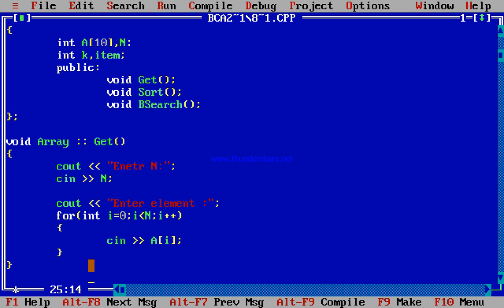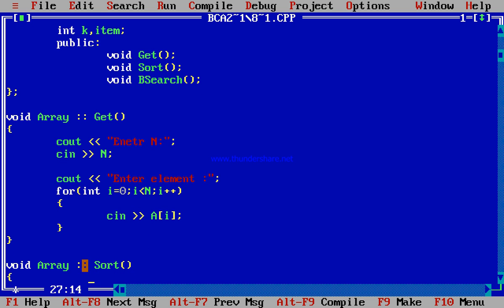Now after entering the array we first have to sort that array. That's why we take another member function, sort, because binary search always works on a sorted array only. If your array is unsorted, then we cannot search the element from the array using binary search.